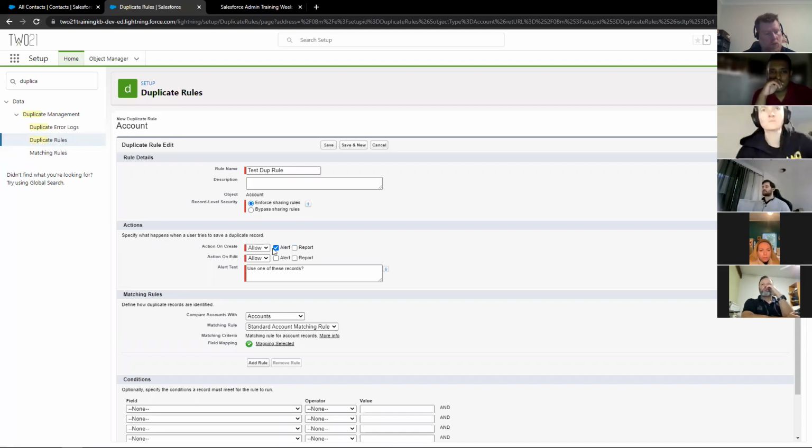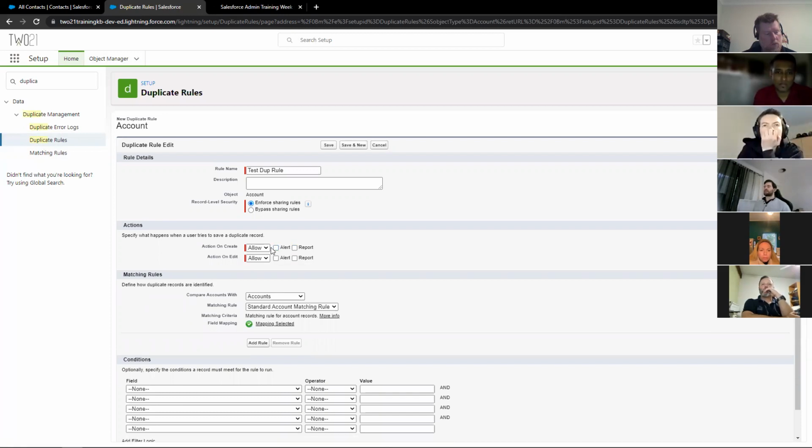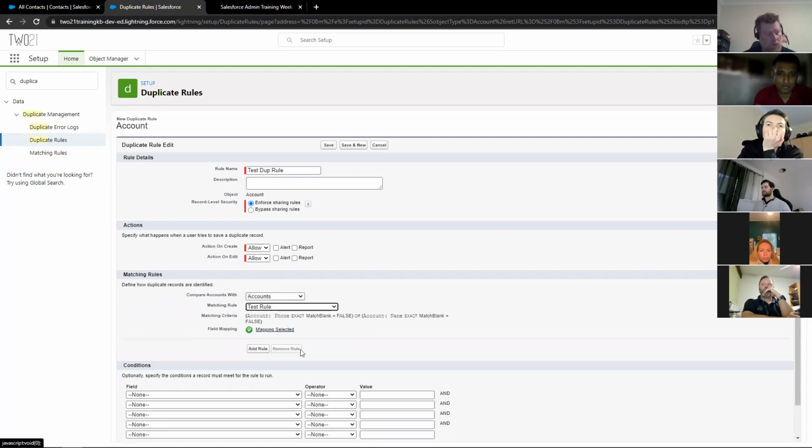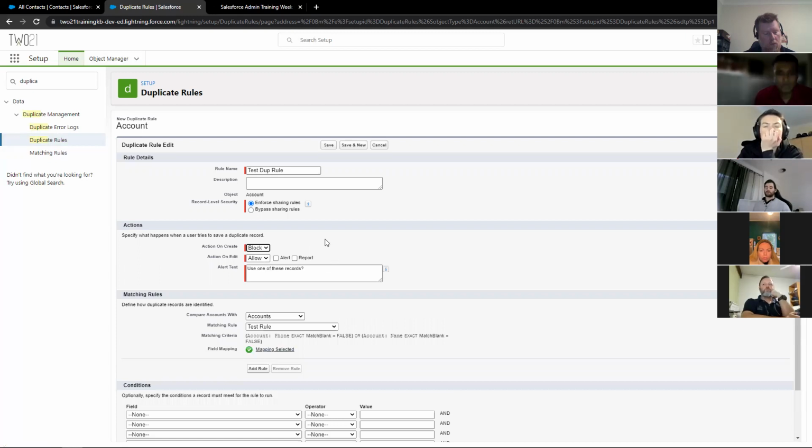So for example, we'll use my test matching rule that I just created, and I'll show you the matching criteria. We have options for when a record is created. I could choose to actually block a record from being created if it was a duplicate, which is generally not recommended,